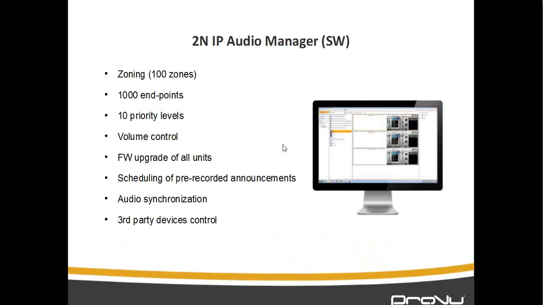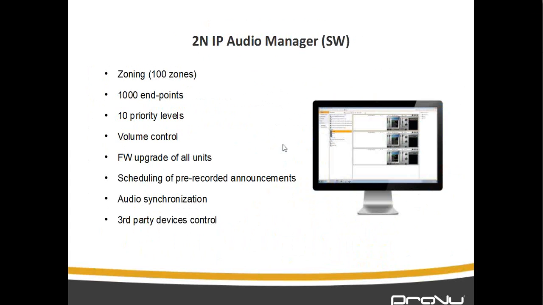So, for example, think of a superstore. If you are running some sort of special event, you schedule your announcement. And if something important comes up, you just press a multicast button or a button on the endpoint, which prioritizes your paging. So you would say something like, Amma, please come to customer services, and vice versa. So this is what priority level is. You can have 10 different priority levels, obviously, depending on how important the page is.